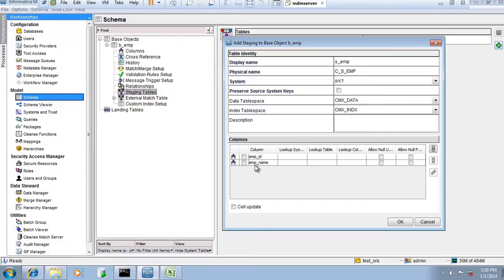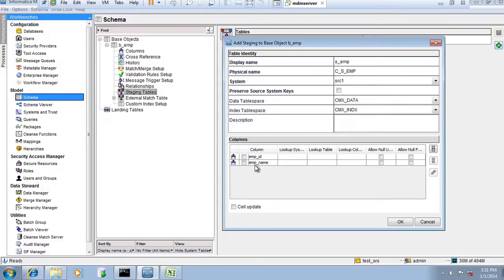See, our main target is the base object. Suppose in the base object we have to populate 20 columns. So why are these 20 columns coming while creating the staging table? Because if we have 20 source systems and we have to define 20 staging tables, it may be that 2 or 3 columns come from source system 1, and another 2 or 3 columns we get from source system 2.